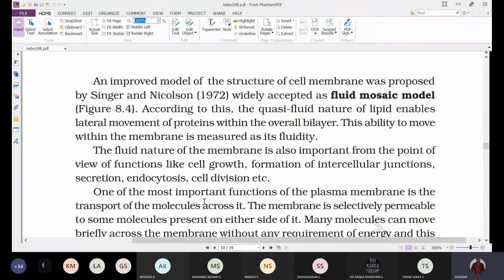In the same manner, when you observe the cell membrane, it also has different types of proteins in between, that is integral proteins and peripheral proteins of different types, which make the cell membrane mosaic in appearance, and it is also providing a certain fluid nature. Why do we say the cell membrane has a certain fluid nature? When you observe here,